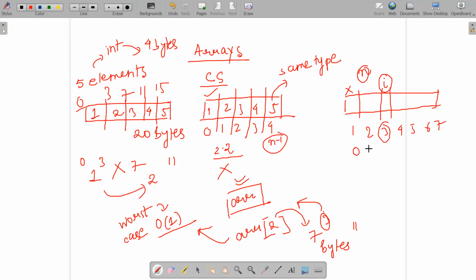Then the 0th index and first index remain the same, right? The second index would no longer be 3 since it has been deleted. Post that, the second index would be element 4. Accordingly, the third, fourth, and fifth indices would be shifted. Correct? The elements that were previously at the third, fourth, fifth, and sixth index have shifted towards the left by one index. Then tell me, what kind of operation is it,